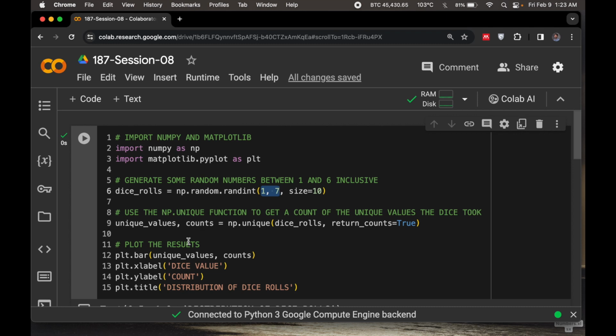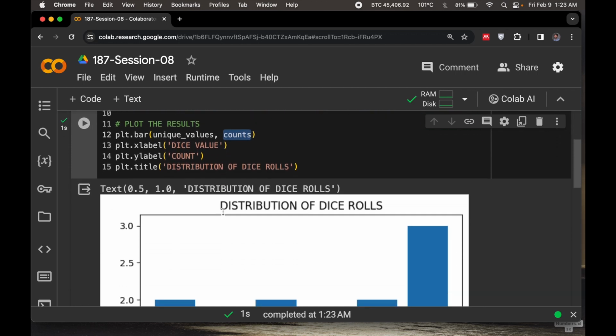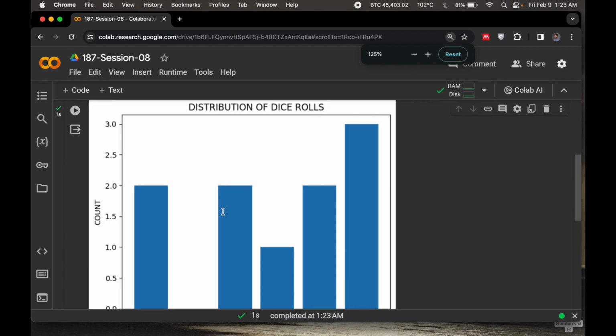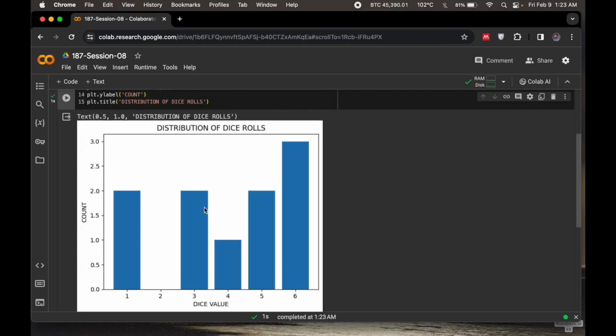And then we simply plot. We plot the unique values and the counts against the unique values. And this is a fairly simple plot that we look at. So let's just run this code, Control Enter, Command Enter as a shortcut, and let's just look at these dice rolls. And in these 10 rolls, I have a distorted distribution, because